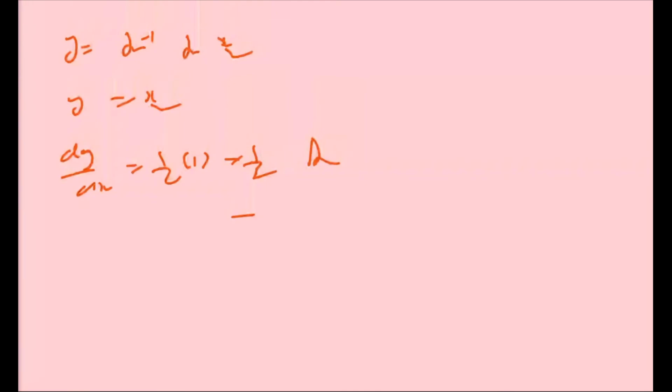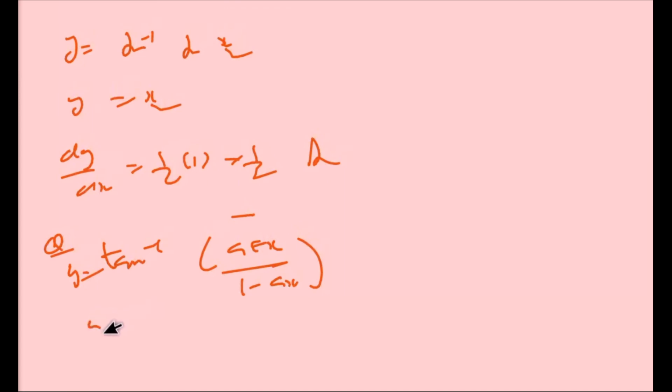So students, this way you can solve so many questions. If the range is given, then you have to select the range. Otherwise you can do the direct question. For example, differentiate y equal to tan inverse of (a plus x) upon (1 minus ax). Now the condition is not given, so we can write here tan inverse a plus tan inverse x. You can use the direct formula if the condition is not given.